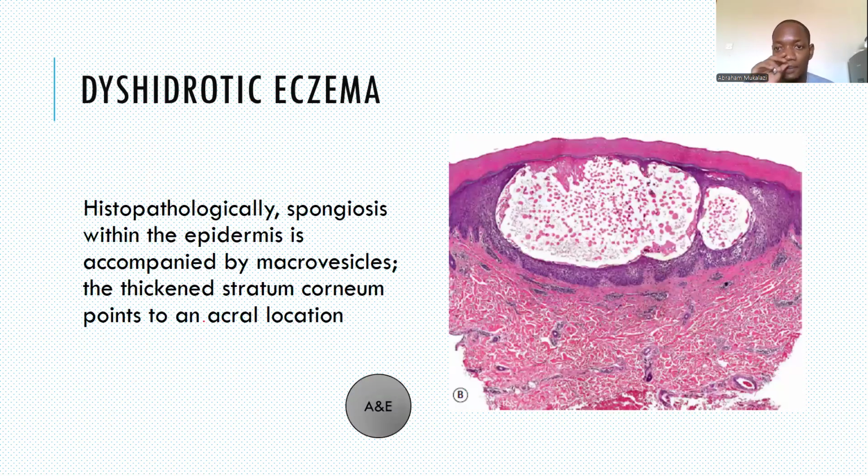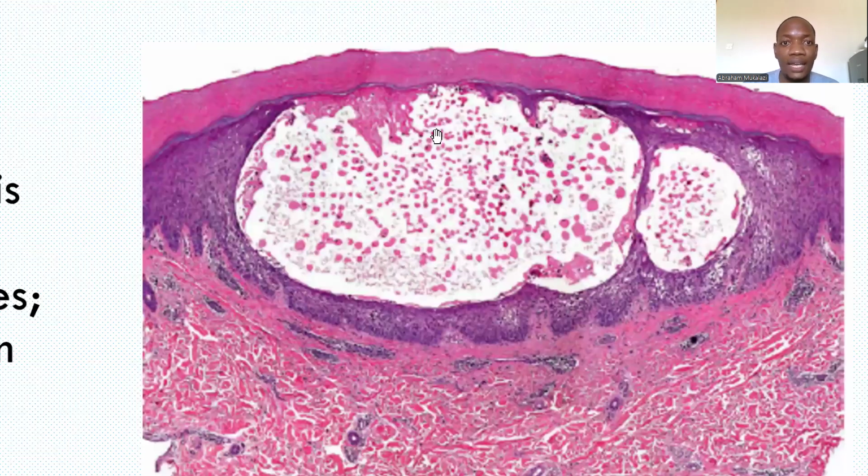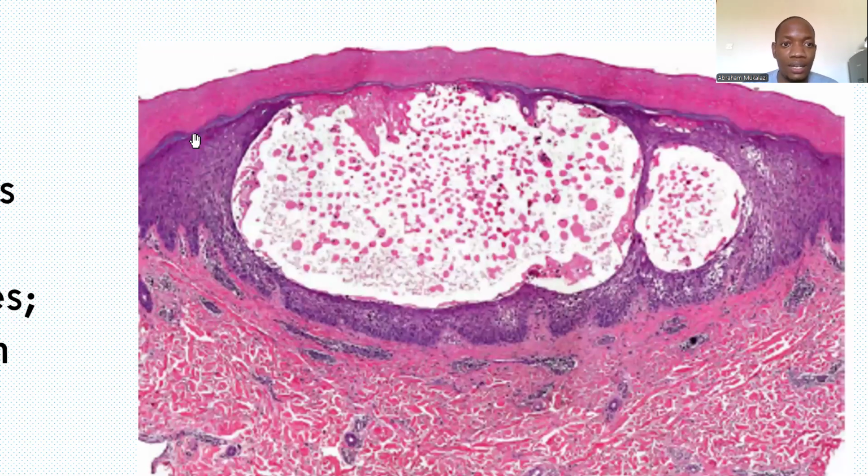So when you take a biopsy, you'll see a spongiosis with a well circumscribed macrovesicle and then thickened stratum corneum. Since you are dealing with the acral skin, I told you the stratum corneum is a little bit thick, and usually we have also an extra added layer we call the stratum lucidum. As you can see here, if I magnify for you, you see this first layer here is the stratum corneum, then this is stratum lucidum, then the granular layer down there,